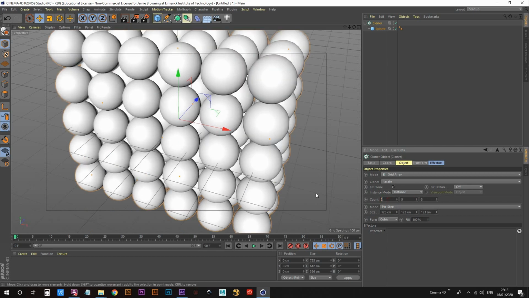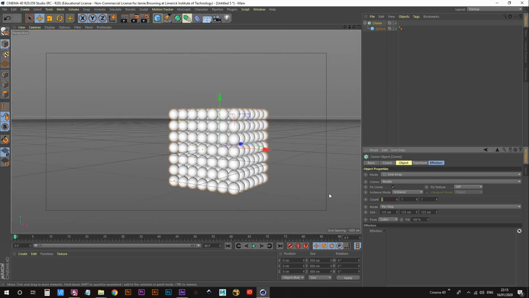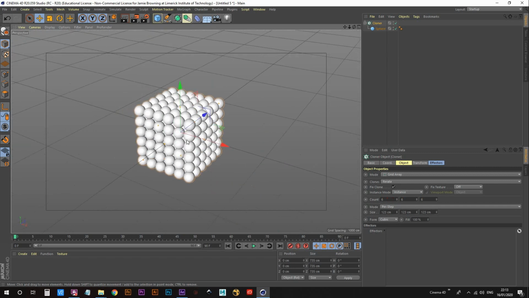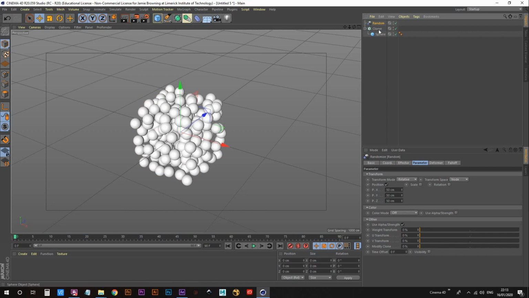So I'm going to set this to 7 by 7 by 7, and actually I'm going to go 6 by 6 by 6. And I want to randomize their positions, so I'm going to make sure that the cloner object's selected, so that the effector we now add is going to affect the selected cloner. We're going to add in a random effector. That's going to randomize the position along the X, Y, and Z, 50 on the X and the Y and the Z,